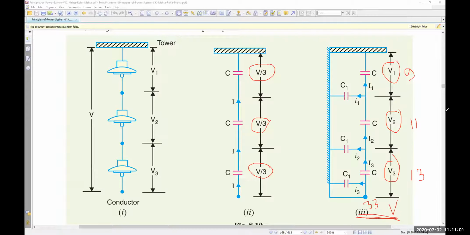That means some voltage could be more than 11 kilovolt and some will be less than 11 kilovolt. Yes, sir, it can be. If they are different, that means some of them might be 11, some of them might be more than 11, some of them might be less than 11. Obviously, right? Can you see the problem here?